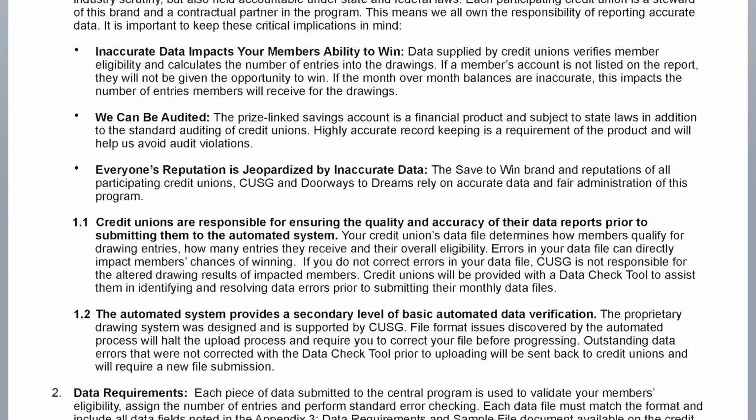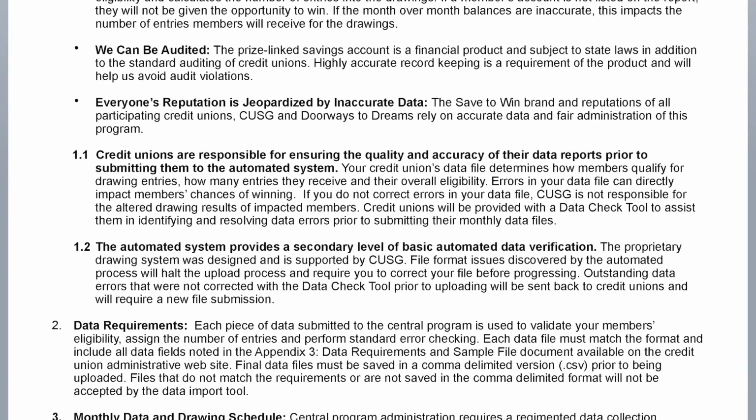I'll let you take a look at the next couple sections, but this just walks through, again, the importance of quality and accurate data and making sure that when you're pulling your data reports, you're checking them before they're sent through the automated system. Credit unions are responsible for ensuring the quality and accuracy of their data reports prior to submitting their files through the administrative website. Your credit union's data file determines your members' qualification for the drawing entries, how many they receive,